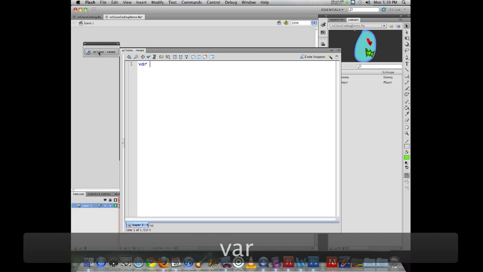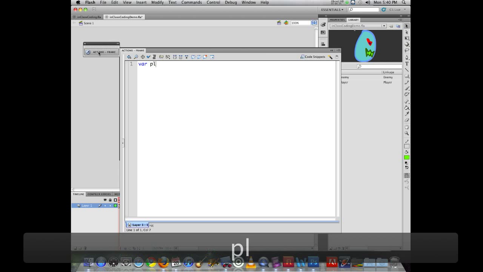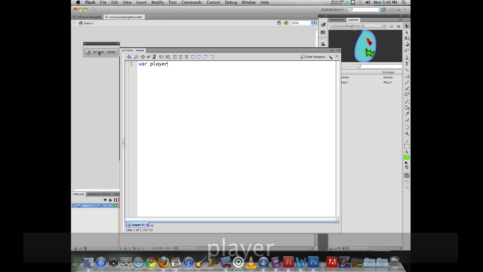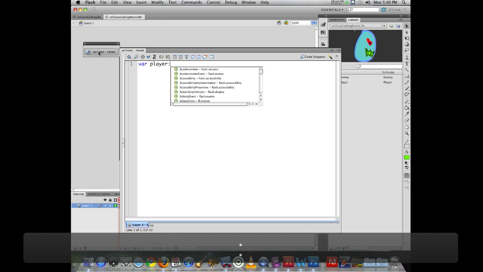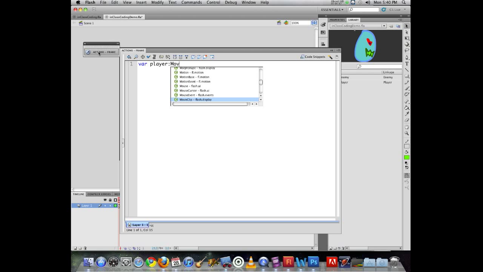So the first step is to declare I am making a variable. I do that by using the var keyword, and then I am going to type in player, lowercase p this time. Player is of type movie clip. So I type MOV, and you'll notice the code hinting is now helping me out here. The code hinting is now filling in the blank for me. Once movie clip is highlighted, if I hit return on the keyboard, it automatically enters that, or I can hit the next key that I know I need to type,